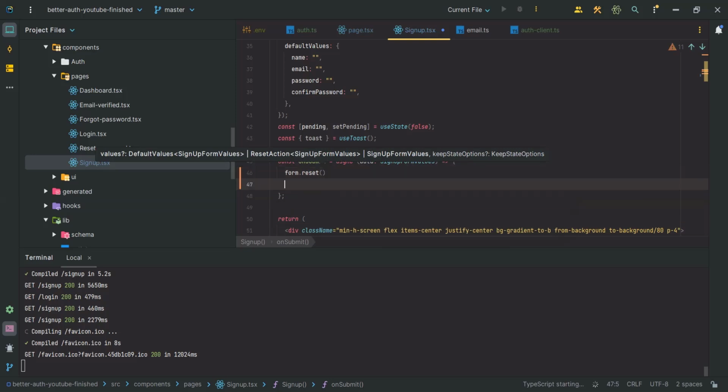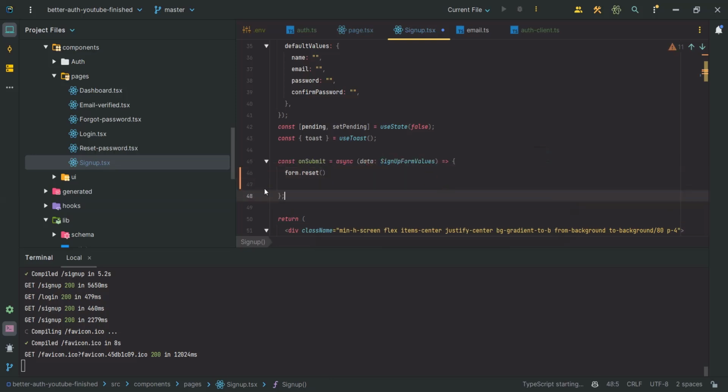And below this, I think yeah, it is correct, form dot reset. And in order to do the sign up logic, we can await